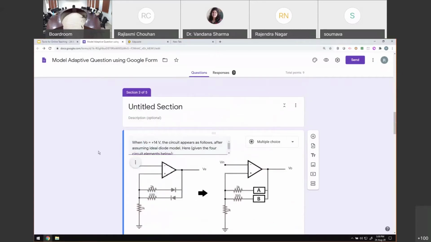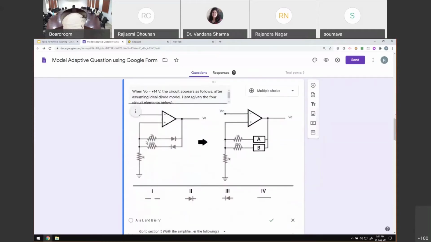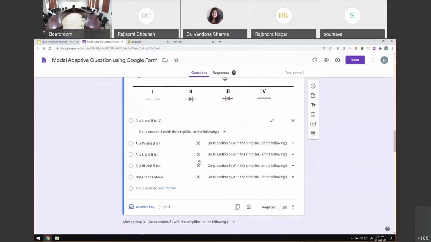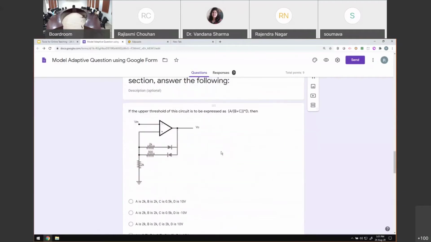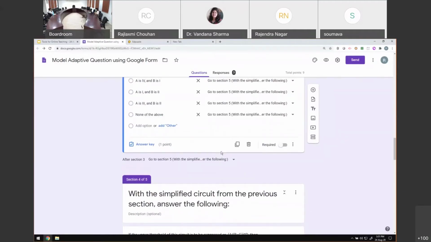So the student does not realize that he has made a mistake, or that he is going in the wrong direction, or that he has got 0 on 6 for that matter. The student is still solving it. I've got the same kind of options, and now I've defined the path. Go to section 5. What is section 5? Note that this is the wrong path on which the student is treading, right?